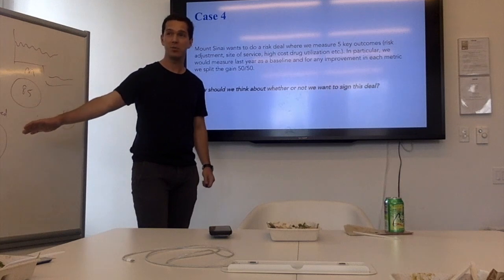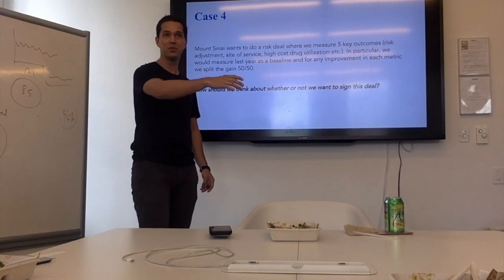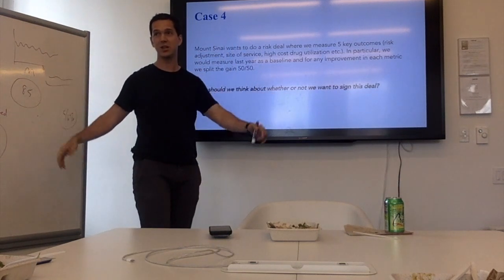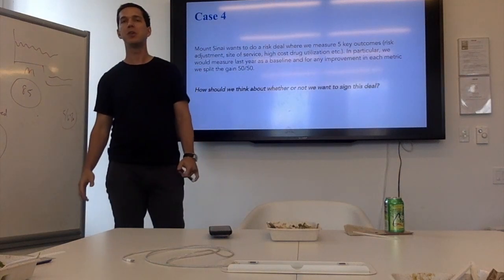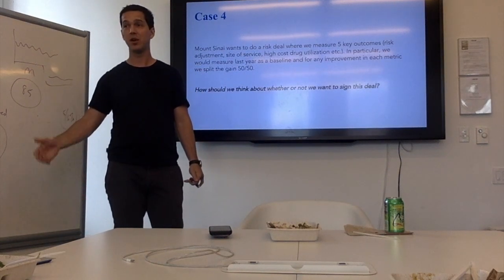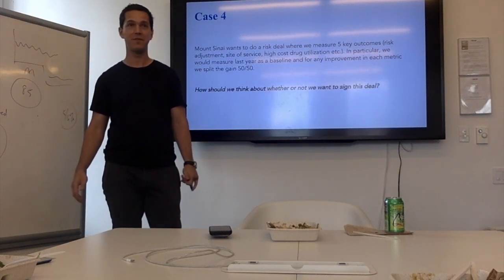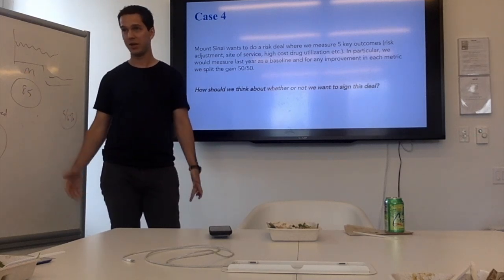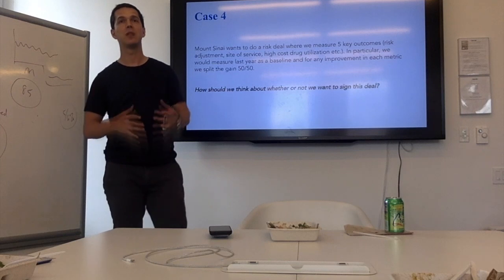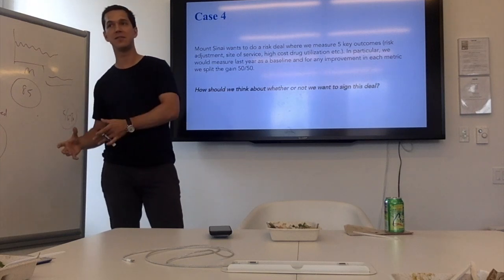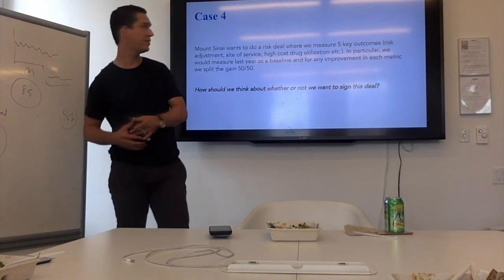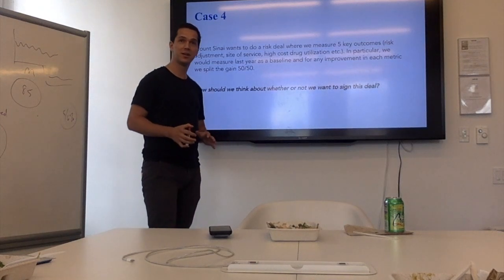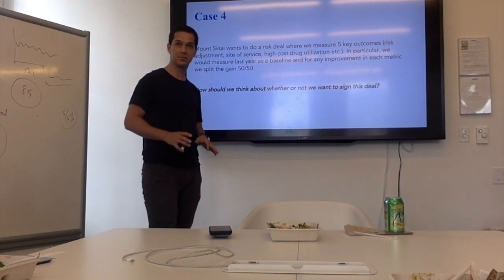And it could also get better for lots of different reasons, whether we're doing something, Mount Sinai already had a program in place, or the world is just getting better. People are learning. Who knows exactly why? But it could also just be random, like we flip a coin 1,000 times and we get 510 heads versus 490 heads. And in the case where we did better this year than last year, which will happen half of the time on every single metric, we pay out.